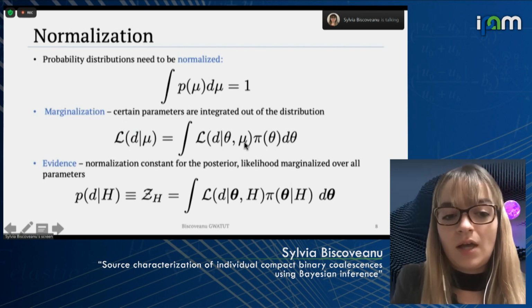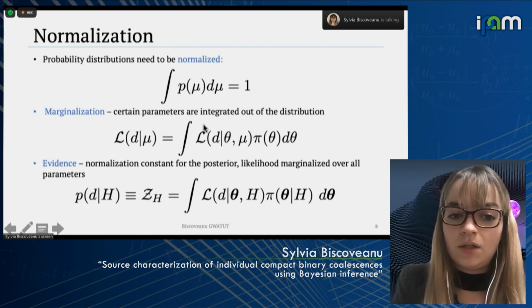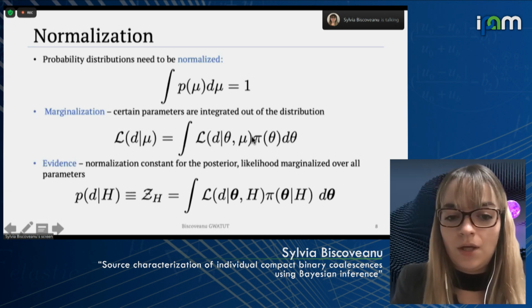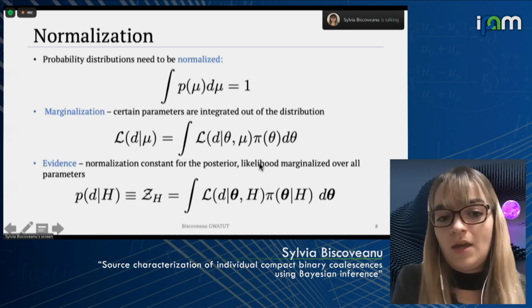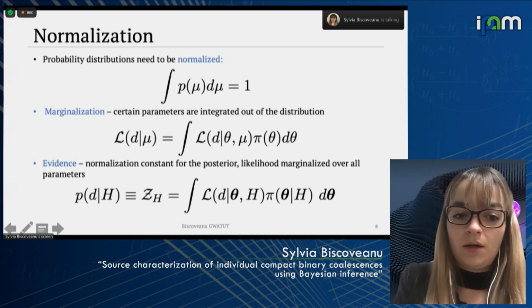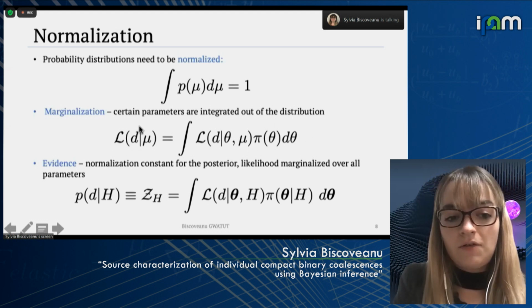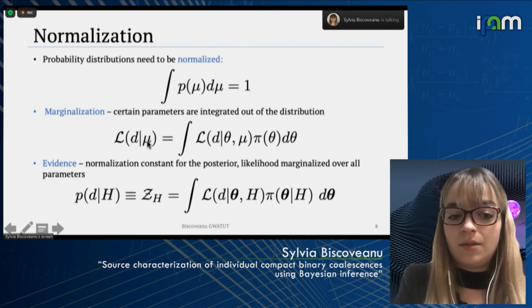In the case of the likelihood, this is where you just integrate certain parameters out of the distribution. So for example, if our likelihood depends on two parameters, theta and mu, but we're not interested in theta, that's just a nuisance parameter that we don't care about, we can take our likelihood, multiply it by our prior on theta, and integrate out over theta,